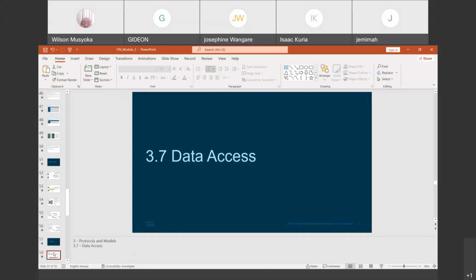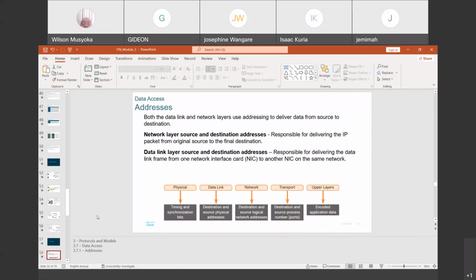So when we are talking about data access, this is an activity which takes place at the data link and network layers. So data access is where we attach the addresses, depending on whether it is at the physical layer or at the data link layer, as well as the network layer.